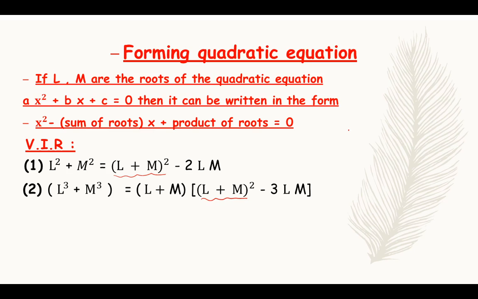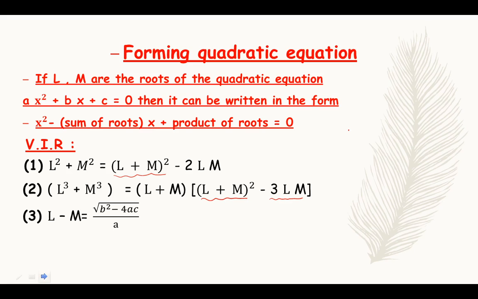In the first rule we have negative 2LM, but in the second rule we have negative 3LM. Okay? And of course this comes from factorization, the difference and sum of two cubes,